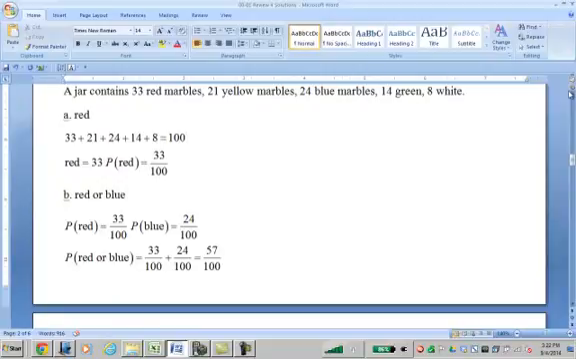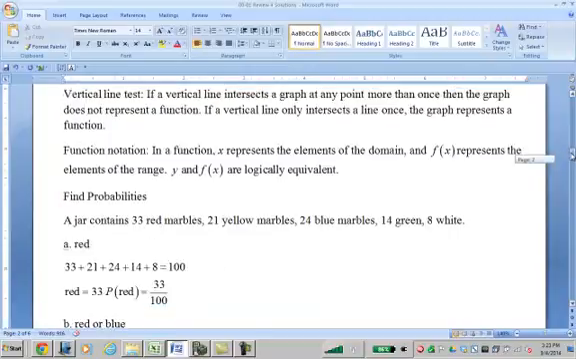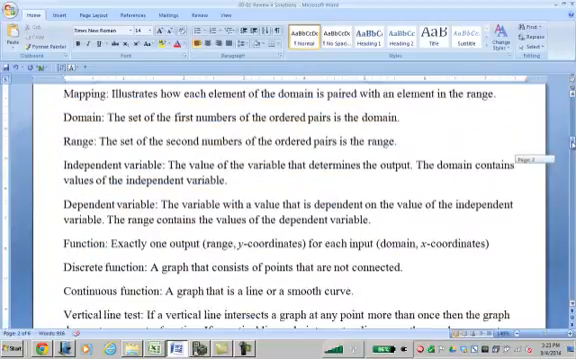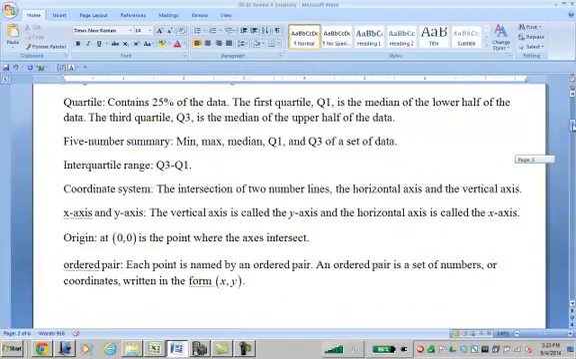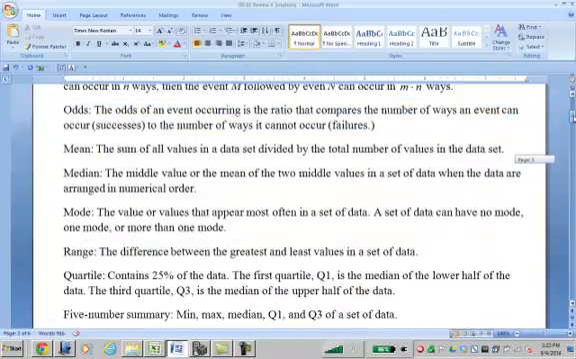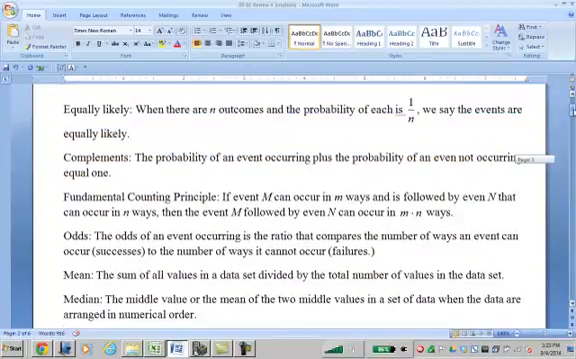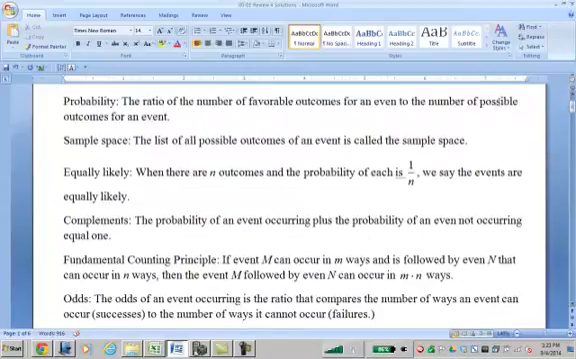Probabilities. So we got the jar. It turns out there's 100 marbles altogether. If you add them all up, the probability of red is the number of red marbles over all the marbles. So if we go to the definition of probability, which is in here somewhere, let's take a look at that. The ratio of the number of favorable outcomes for an event